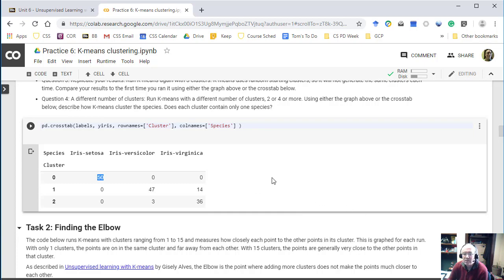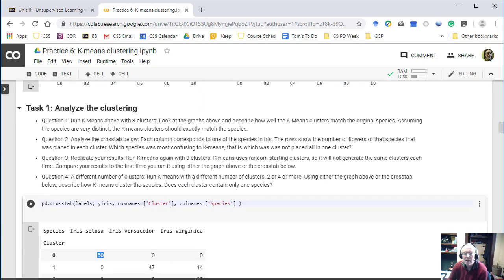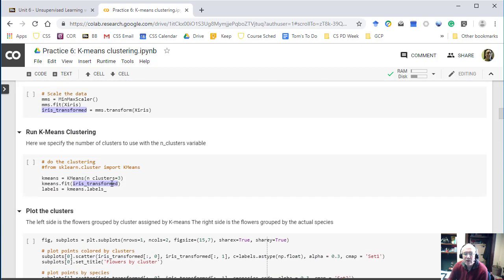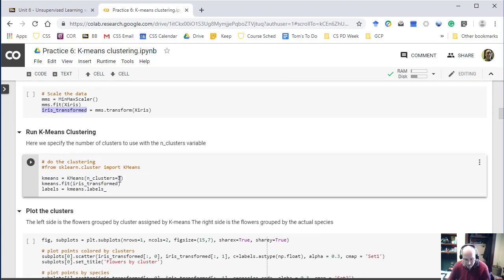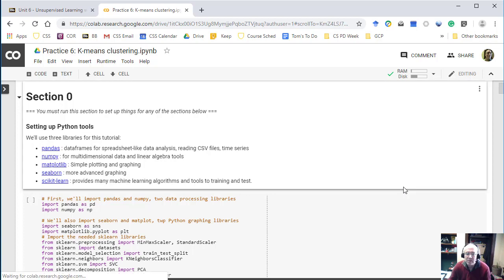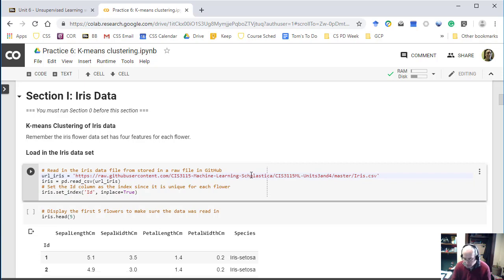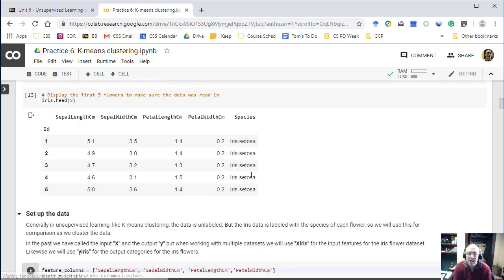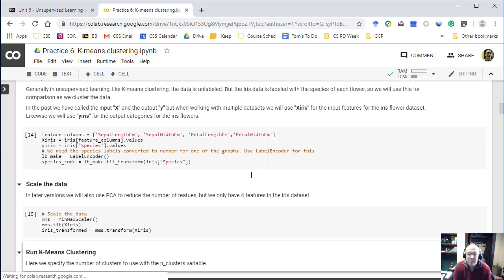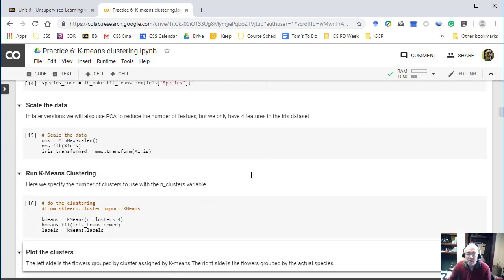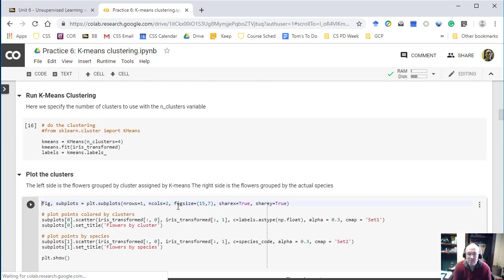Now, a couple things you have to do is analyze this and try this with different numbers of clusters. So again, you can go up here and try this with like 4 clusters or 2 clusters. So I can run this. I have to go back. I haven't run this also. I've got to go back up to the top and make sure I run this first one up there, and then import the data, set up the data, min-max it,